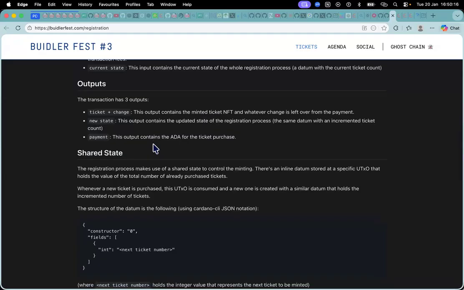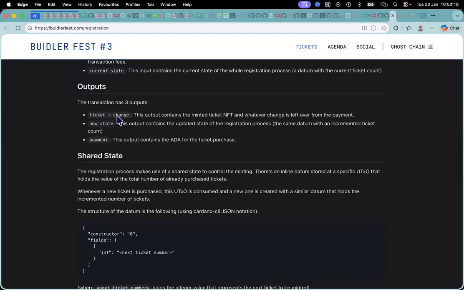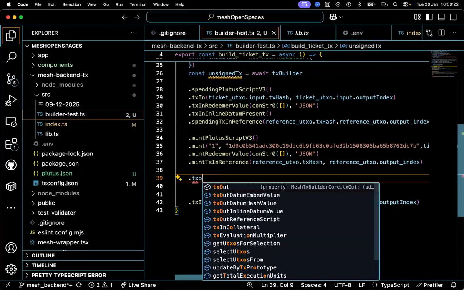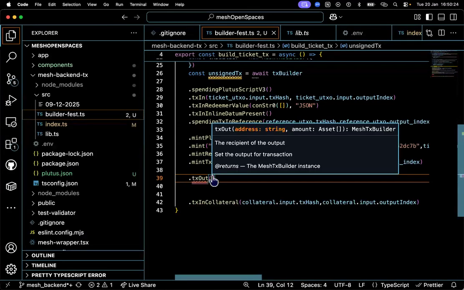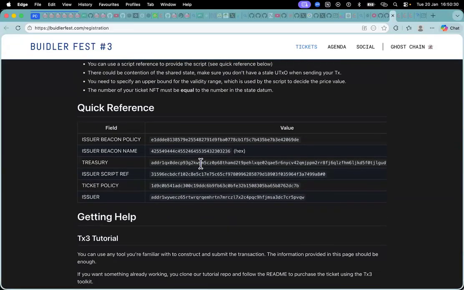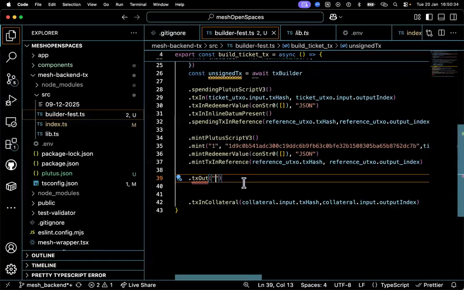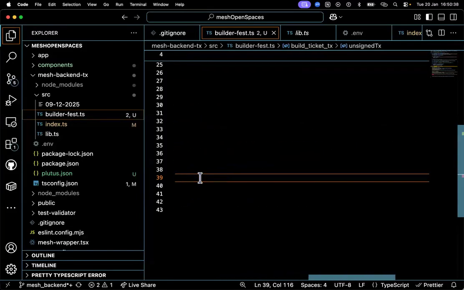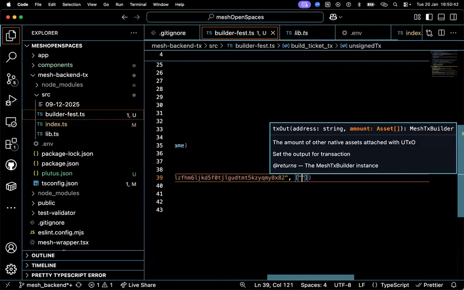The first one, ticket plus change: if we just put, hey, change address is this, the ticket and the change will come to that address automatically, correct? Or should we specify a specific transaction out with the exact values? Do you not actually have to specify it explicitly in this case? I thought it goes to the change address by default, but maybe I'm wrong. I don't know, I'm asking. It's just because you're actually minting something.